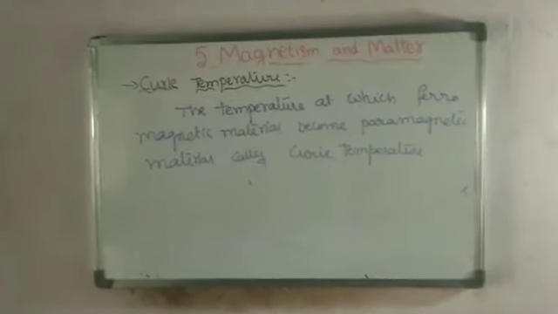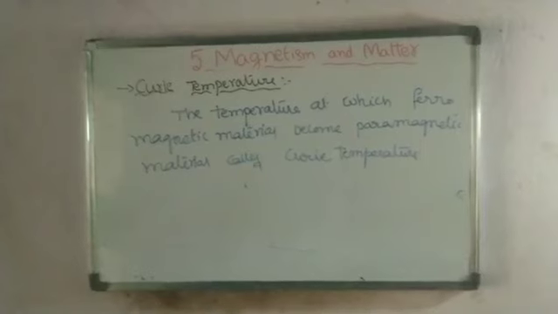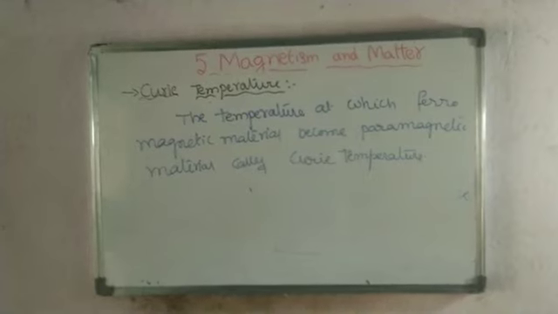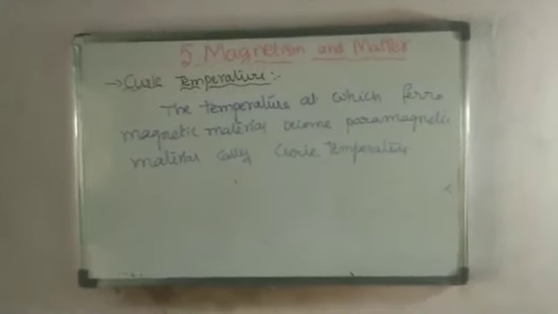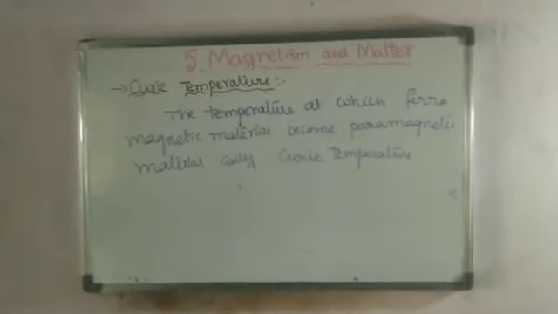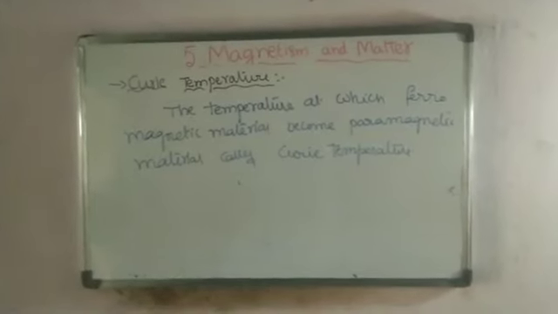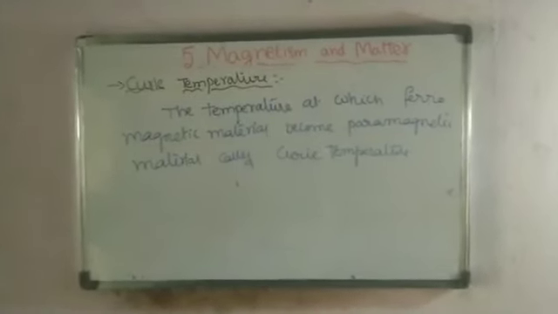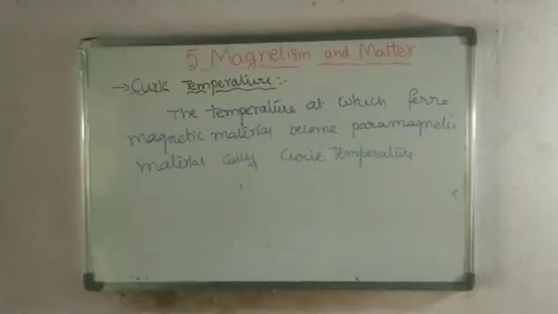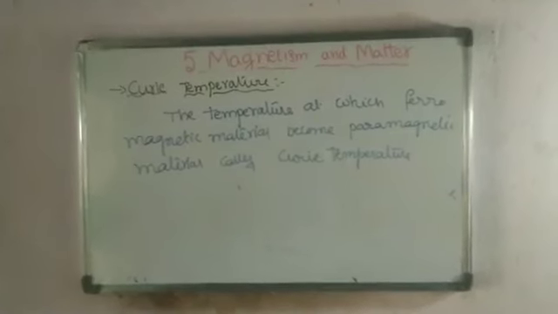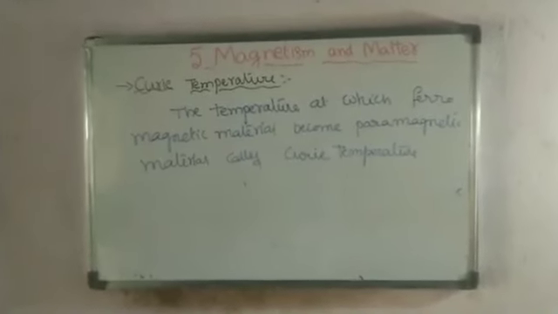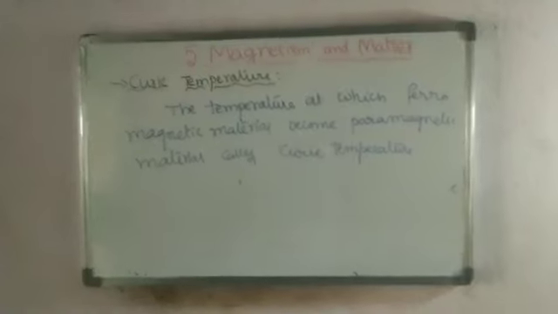Remember, Curie's law is different, Curie temperature is different. What is Curie's law? The magnetization is directly proportional to the magnetic field and inversely proportional to temperature, called Curie's law. Whereas Curie temperature means the temperature at which a ferromagnetic material becomes a paramagnetic material. Okay, so this is the concept related to dia, para, ferromagnetic materials and the temperature at which those materials lose their magnetism. In the next session we discuss the hysteresis loop and permanent magnets and electromagnets, and we complete this lesson.